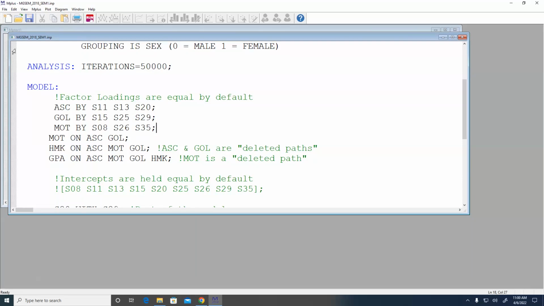The fit of this first model is going to be identical, remember, to the fit of my measurement model. So there are no surprises here. You're going to have equal degrees of freedom, equal chi-square to the measurement model. I don't really have to look at anything here, but if you find out you can't constrain things to be equal, this is the model that you would revert back to, to see which of those three things you're least likely to be able to constrain. So it does serve a purpose, but at this point, we really don't have to worry about it.